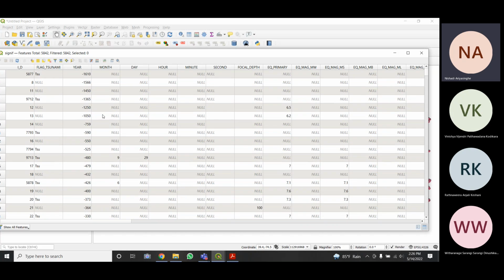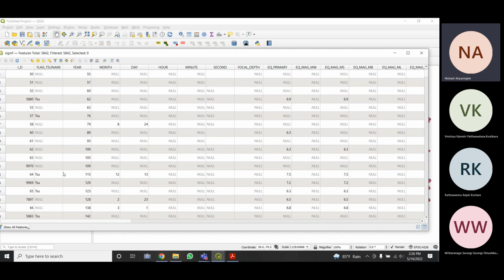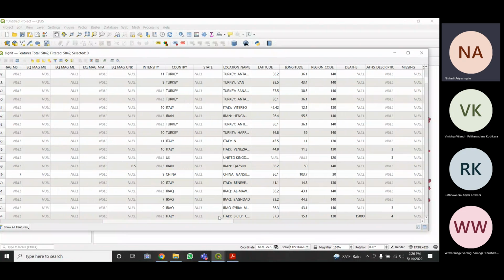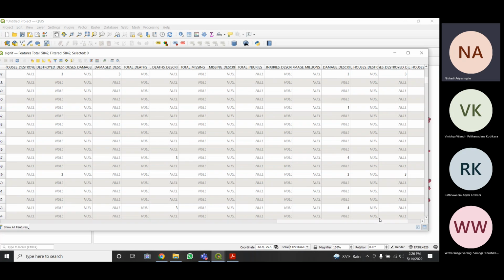Something related to tsunami. So sometimes the years are mentioned in a particular way, so you can just go and see how the years are mentioned and the months like that, and what kind of data is recorded in this attribute table. So you have to study the attribute table first of all. Most of the data are not available. This is not a very good set of data because you can see there are so many null values, right? However,